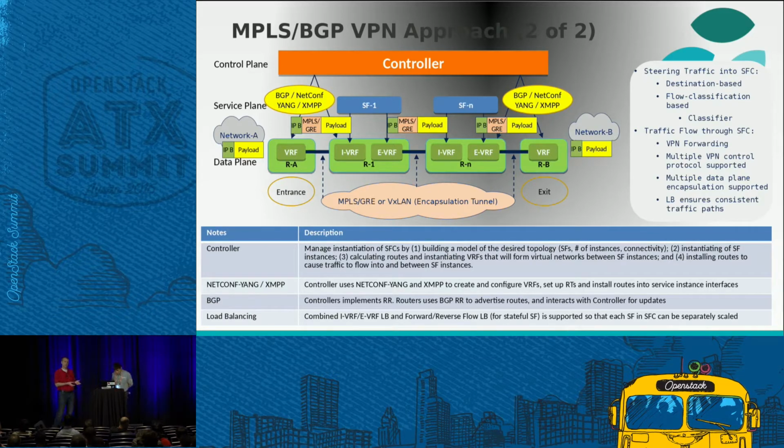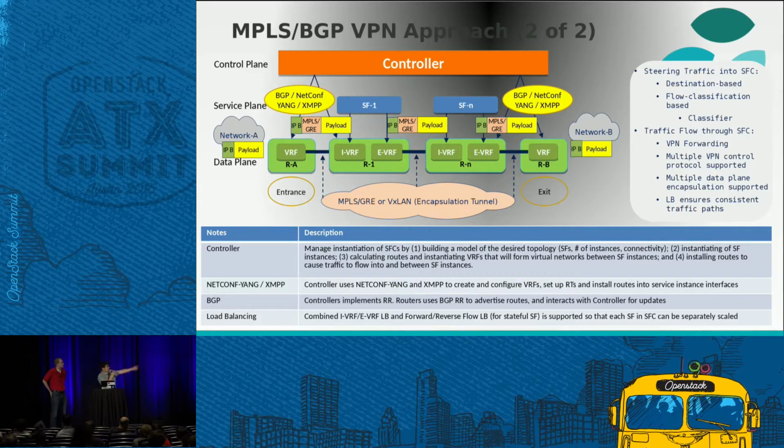So maybe a service function figures out, oh, this packet is from this tenant, I need to reclassify it to go through a different path. And that's something that NSH also provides for, but it's something that we haven't thought about solving yet in this initial implementation. And also in the BGP VPN approach, when you do the load balancers,